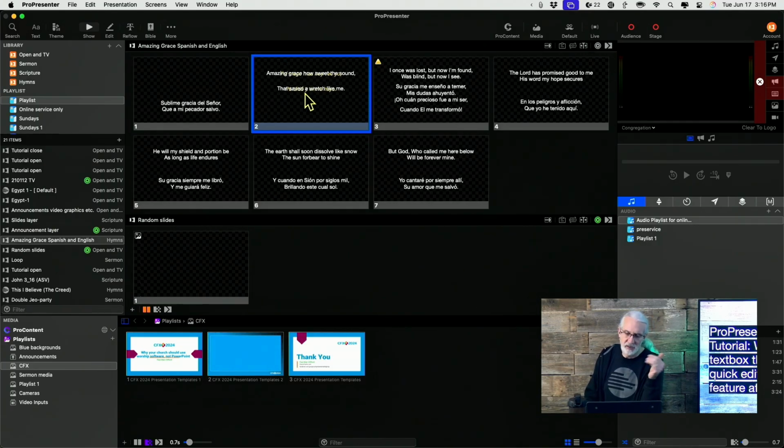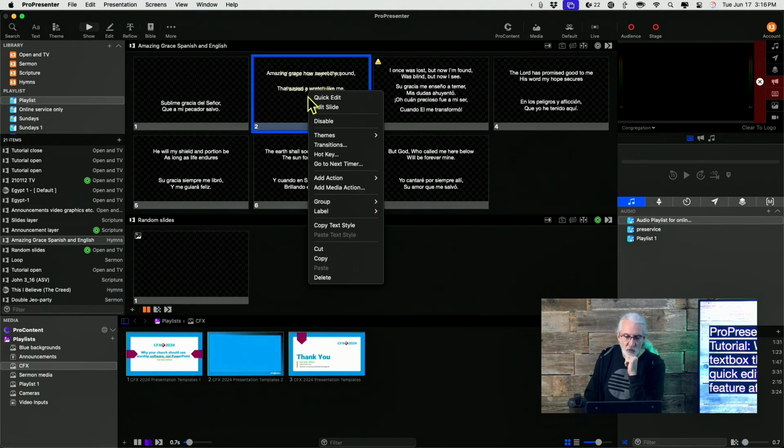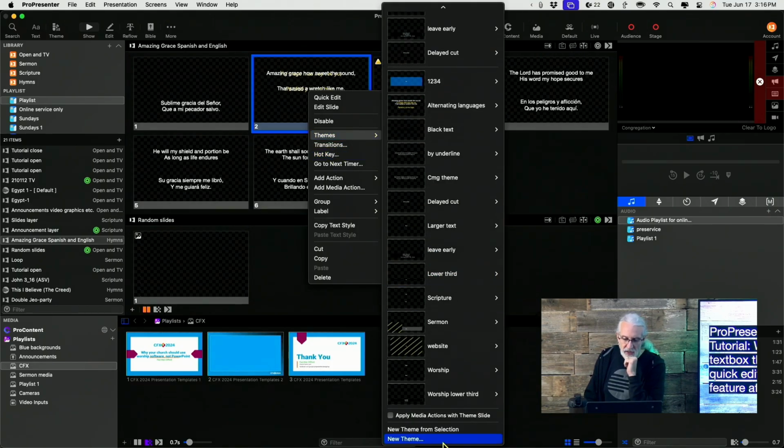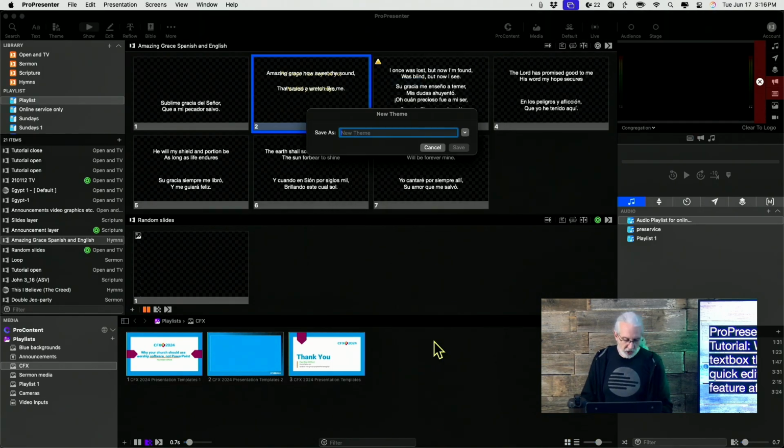So no need to go back and forth. So how can I make this a quicker and easier thing to do? Well, what I could do is I can right click and go down to themes. And then if I go all the way to the bottom, there is a new theme from selection. And I could call that,